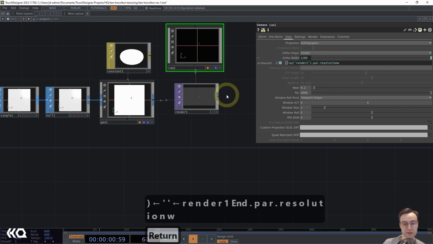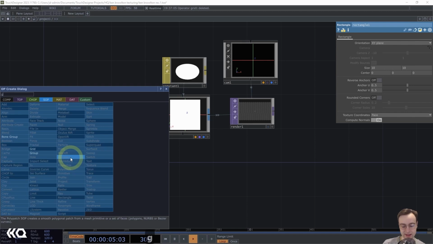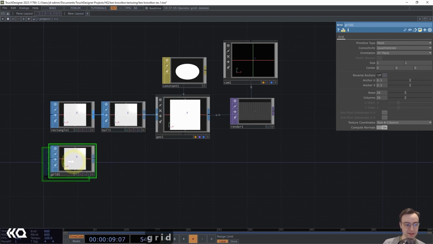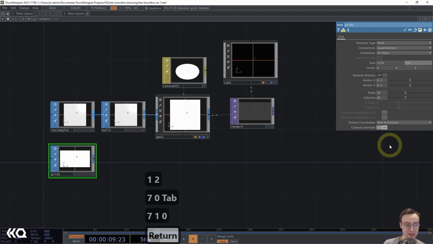That should give us a value of 1280. Okay, next up, let's go ahead and add our grid SOP to generate some instances. So the size of the grid will be set to 1270 actually, by 710 to account for the fact that we're centering these squares from their center point and the